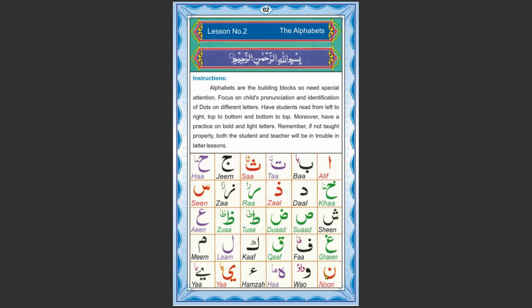Meme. Let's start our today's lesson, which is our last topic of our first lesson, which starts from Noon. Noon. Please remember there is a dot inside the Noon. Noon. Little bit stretch it. Noon. Noon. Our next letter is